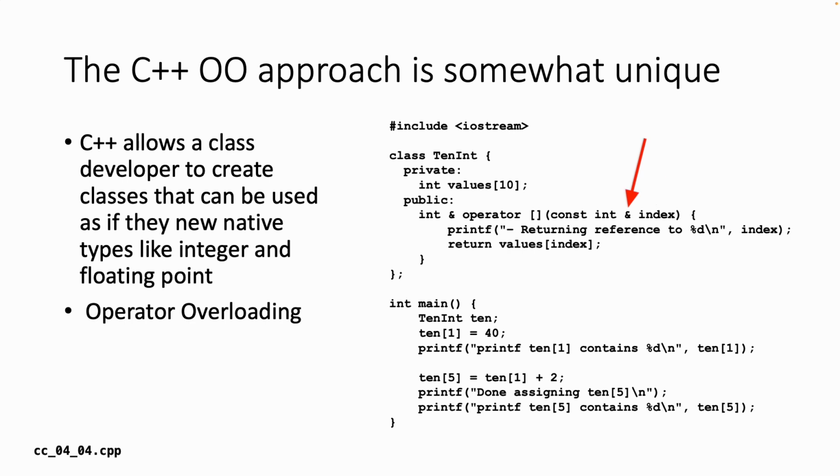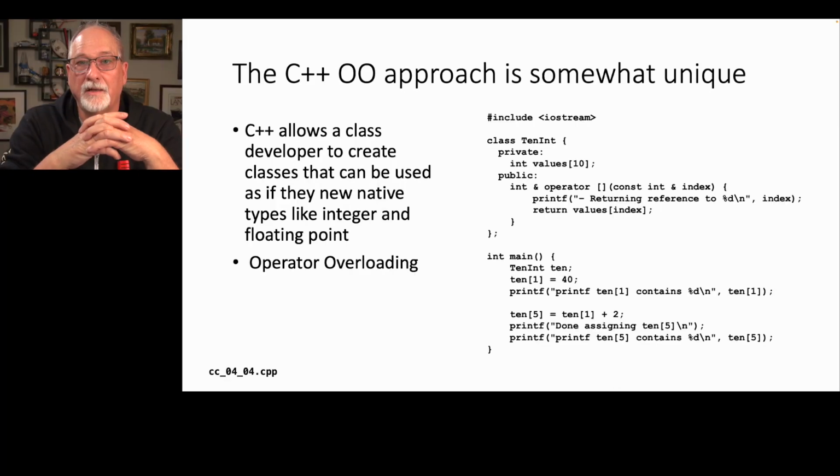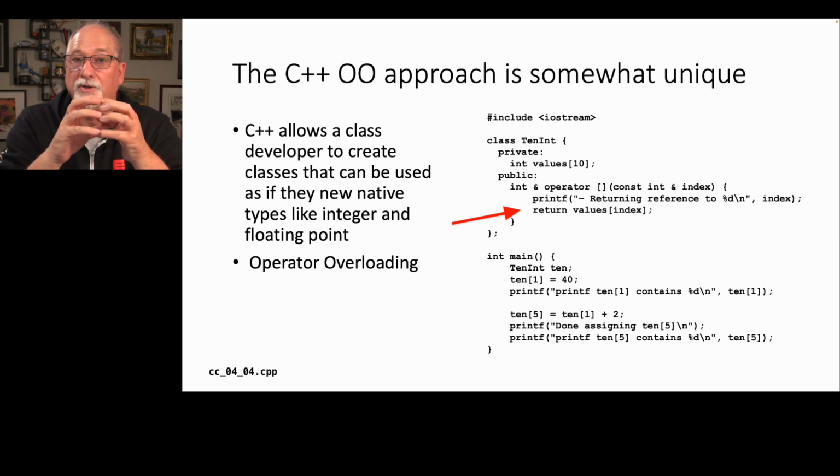Now, it is a reference because of the ampersand, but it is a constant reference, meaning we're not allowed to change it inside of this function. Okay? So const means we're leaving it alone, which means we're not allowed to say index equals 42 inside the square bracket operator method. And so what we're returning is that private variable values sub-index, but we are returning a reference